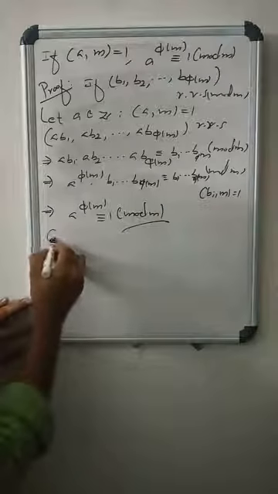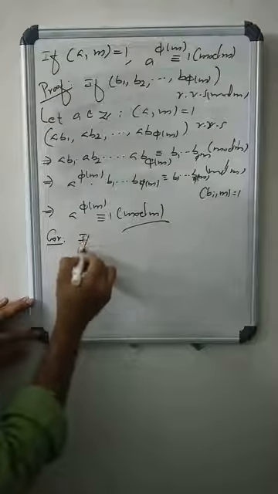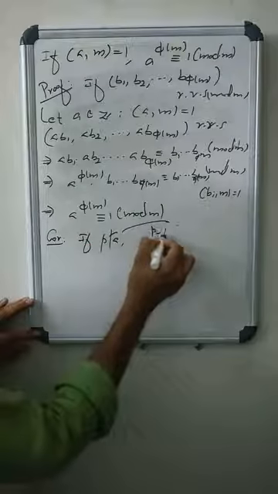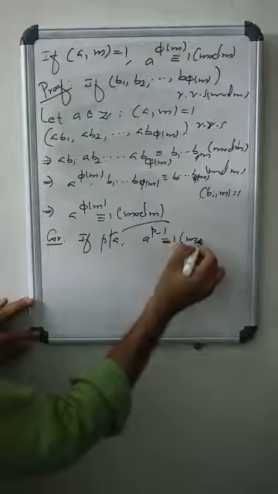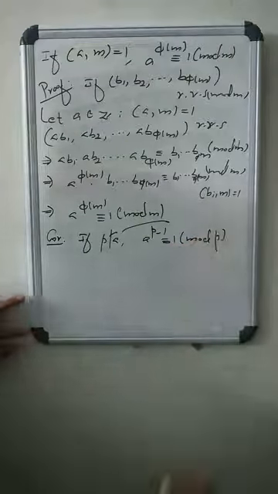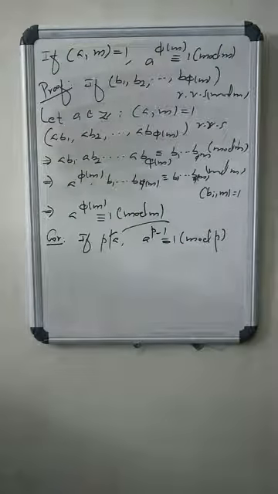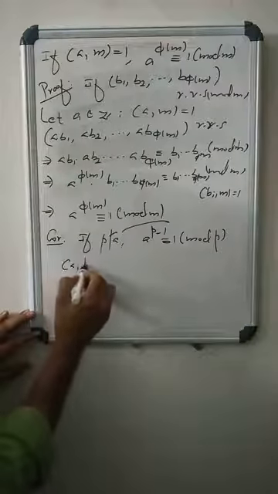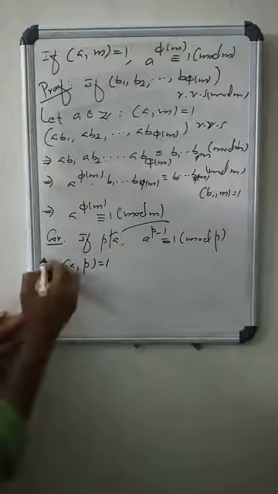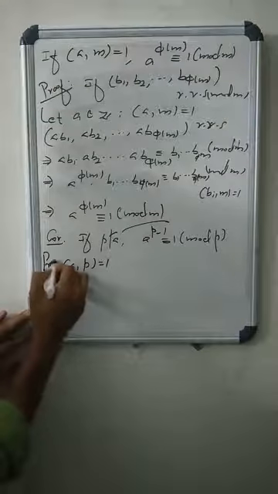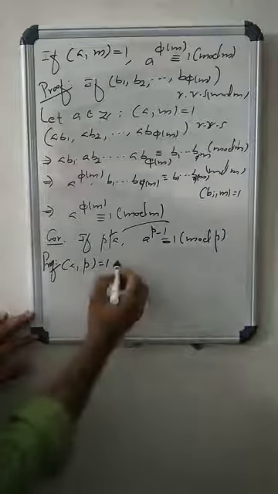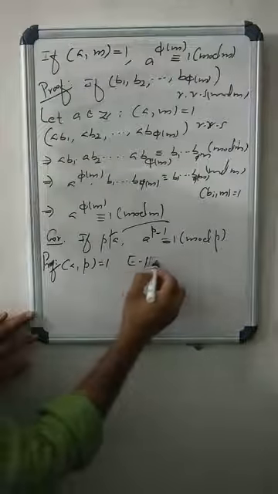Now come to a corollary of this result. If p does not divide a, then a^(p-1) is congruent to 1 mod p. P does not divide a means a and p are relatively prime. Since a and p are relatively prime, the Euler-Fermat theorem states that